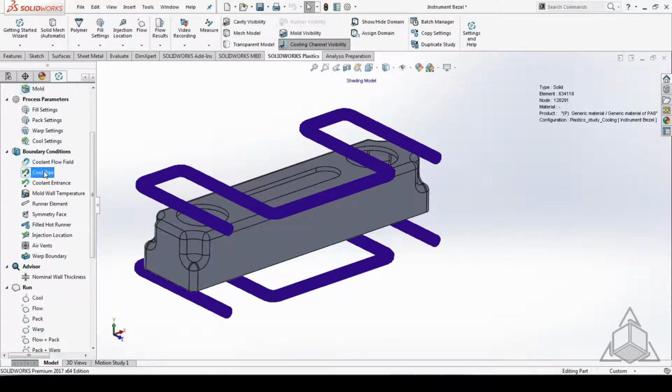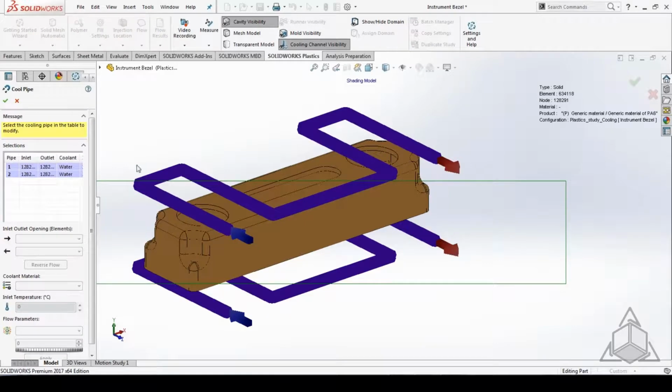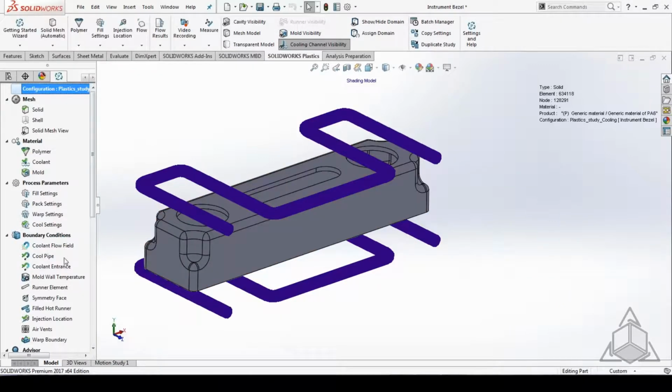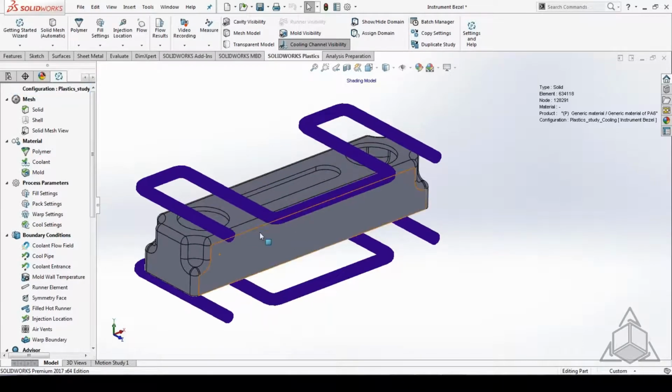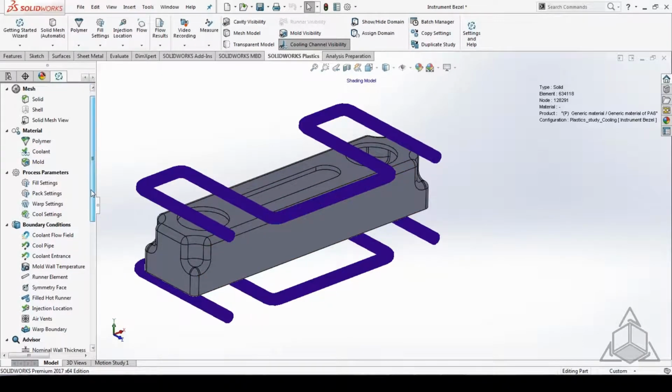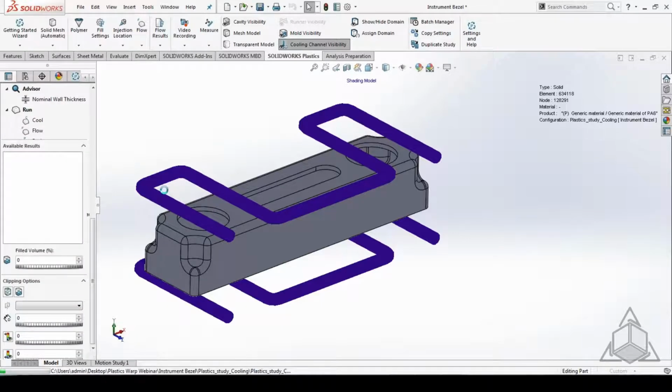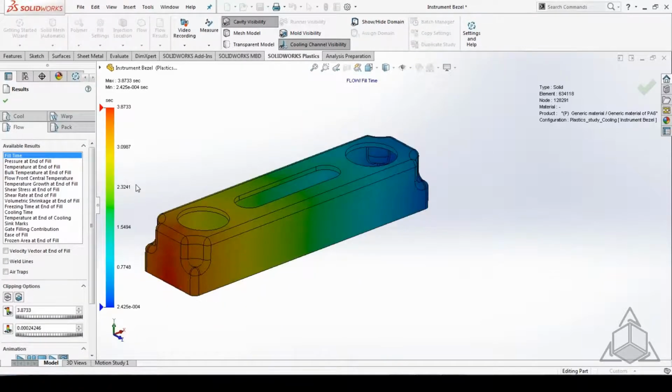I can now identify the pipe. What is the inlet? What is the outlet? What is the flow rate, temperatures? All of that can be identified. So some very simple, easy tools to get a little bit more information about the results. And what this really provides us is a much more accurate look at how this thing is cooling through the